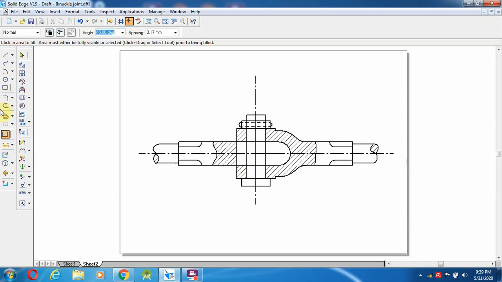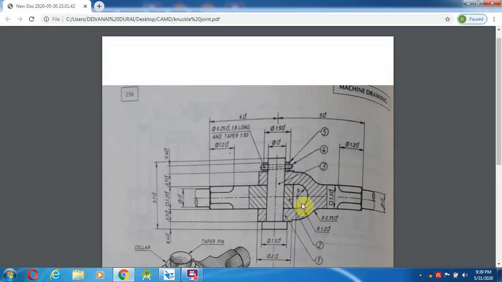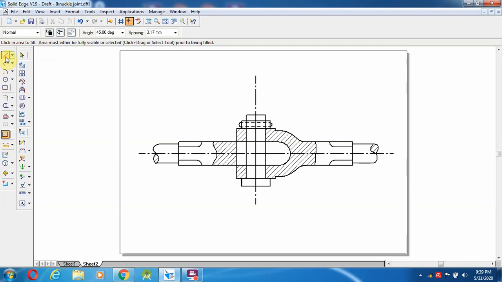So even here the fillet and bottom. One more thing, they have given one more line over here, so it comes as the same extension of this line, that is a 1.2D. So go over here, select a line, so from this particular edge to the same thing. Okay, now we can give the fillet over here.